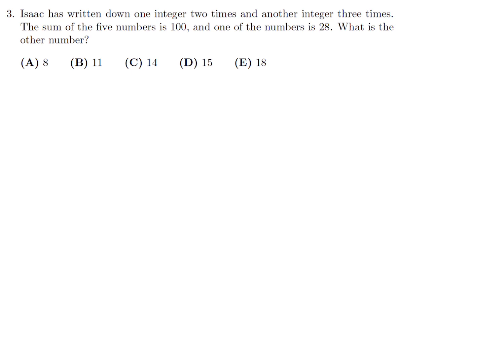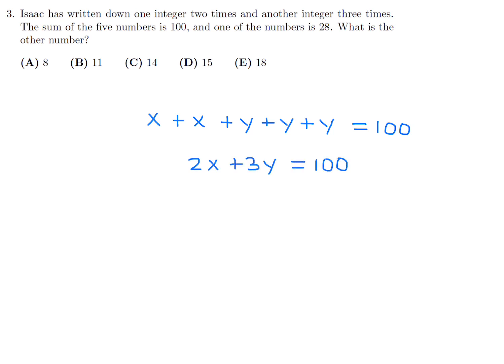Isaac has written down one integer 2 times and another integer 3 times. The sum of the 5 numbers is 100. One of the numbers is 28. What is the other number? So we have x plus x plus y plus y plus y, and that is equal to 100. So we have 2x plus 3y is 100. So we have to figure out which one is the 28. Does 28 go here, or does 28 go there? Well, trial and error. Let's choose, I'm going to choose this for the 28 and see if I get an